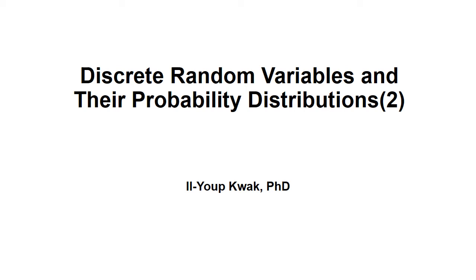Okay, hello everyone. Today we are going to learn about chapter 3, discrete random variables and their probability distributions. This is the second course of chapter 3, and we are going to learn about some well-known discrete probability distributions. The first one I'd like to introduce is the Bernoulli probability distribution, and I think this is the simplest distribution